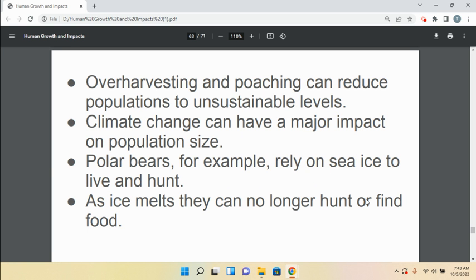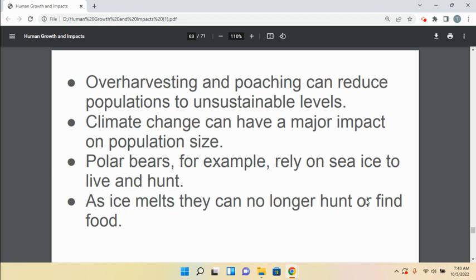We've caused climate change. That's having major impacts on population size. For example, polar bears, as ice melts, having a harder and harder time hunting. I was reading an article the other day about a mother polar bear and her cub that were being tracked via GPS, had to swim 275 miles to get from one chunk of ice to another. Mother made it because mother had fat reserves. The baby died because it didn't. So again, we're having major impacts on species, and we just have to recognize those impacts we're having.